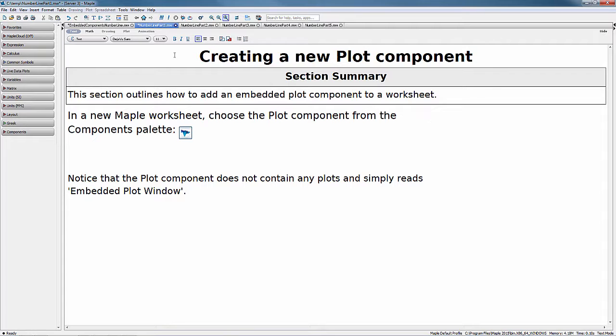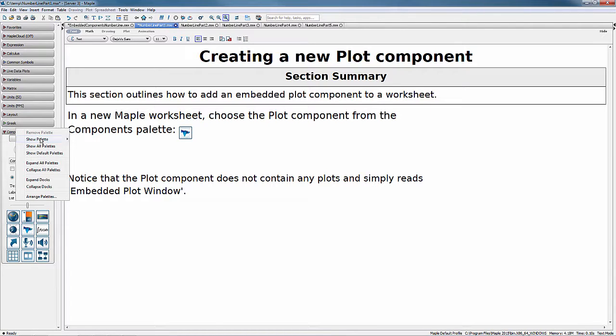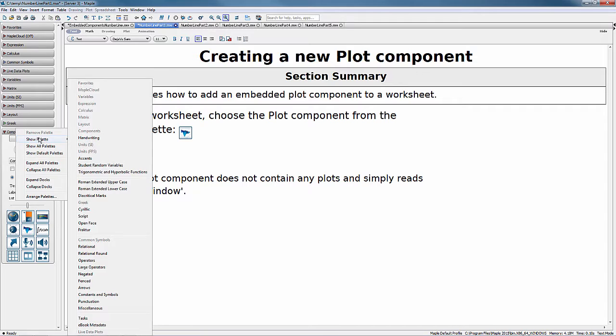This is just talking about creating a new plot component. So if we have a new Maple worksheet, and this is a new Maple worksheet that I've got with an embedded table, what we can do in order to create a new plot component is simply go over to our palettes, and if you haven't done so already, then we can expand the component palette. If your component palette isn't open, we can show the palette by right-clicking on the palette dock and choosing to